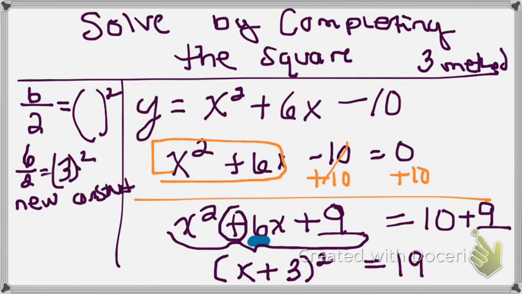And so now we're left with (x + 3)² = 19. That should now set off some bells. I can solve this by taking the square root of both sides. So I'm going to take the square root of both sides. (x + 3)² and 19. This crosses out, and this becomes